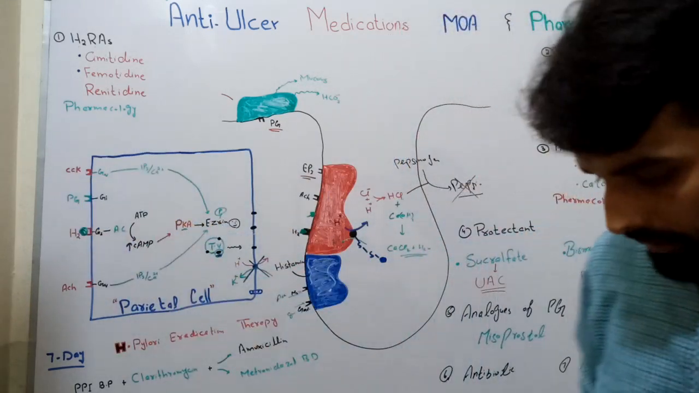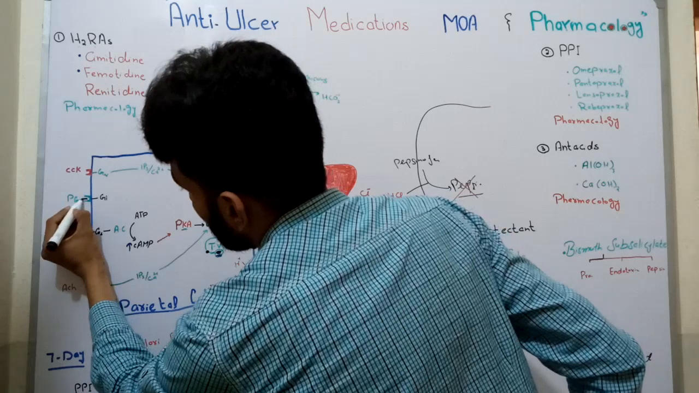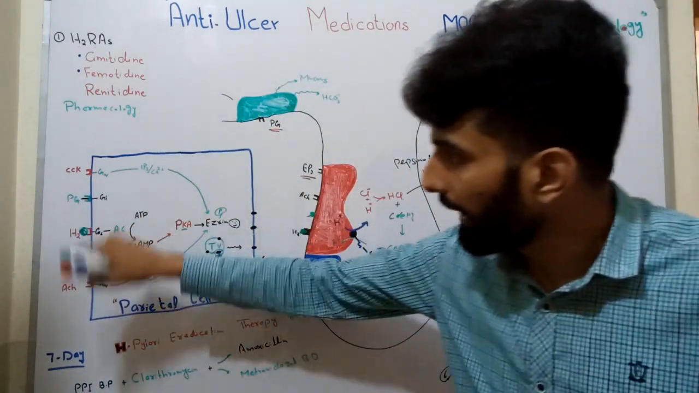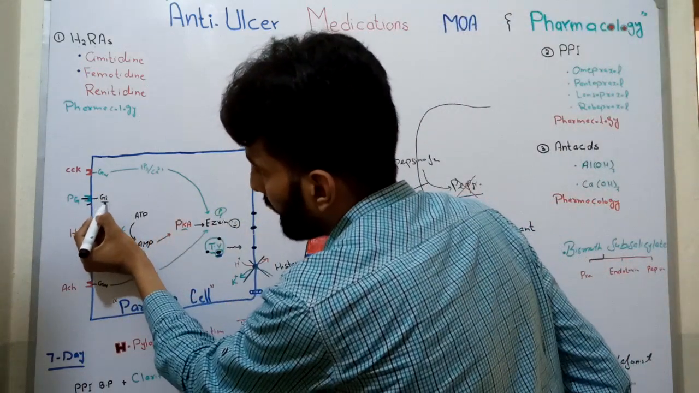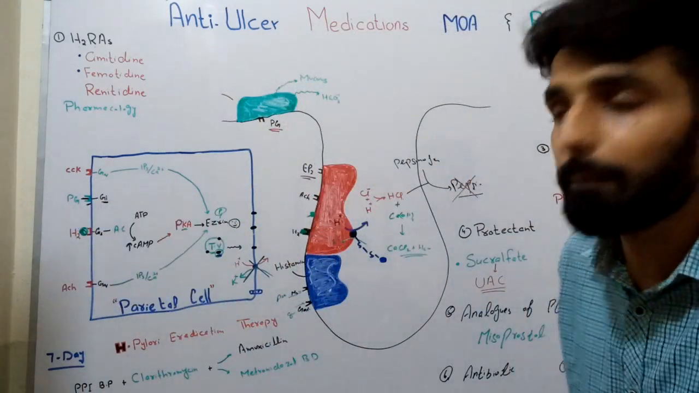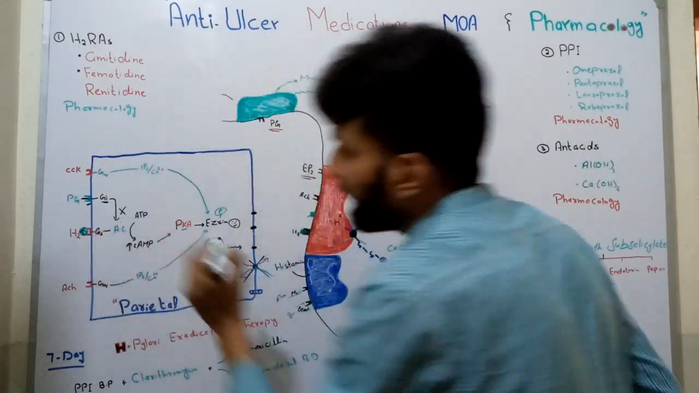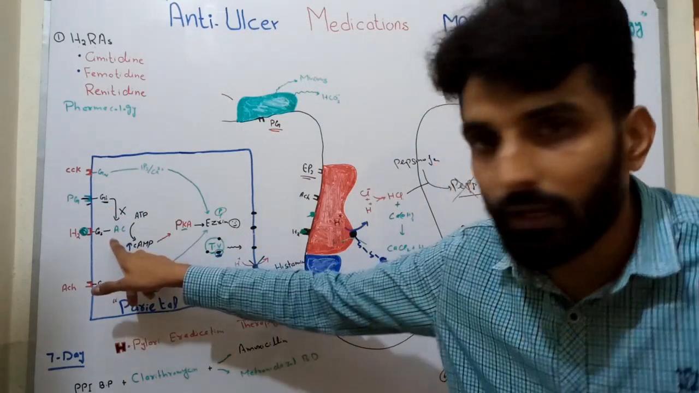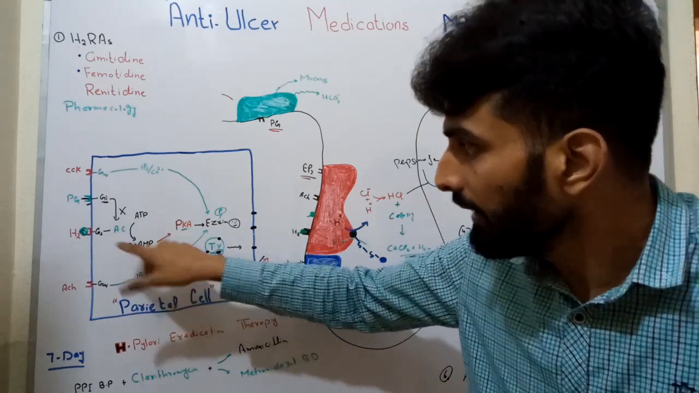So let's talk about when misoprostol will act on its receptor on the parietal cell. This prostaglandin receptor is basically linked with G inhibitory protein. So it means it will inhibit adenyl cyclase activation. It means now adenyl cyclase activation will not take place, ATP will not convert into cyclic AMP